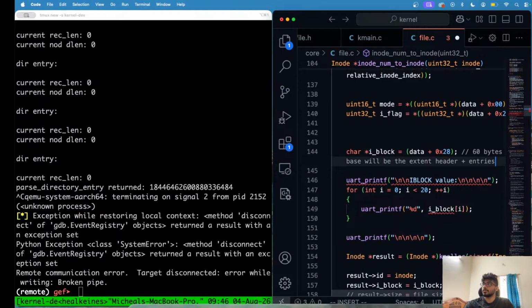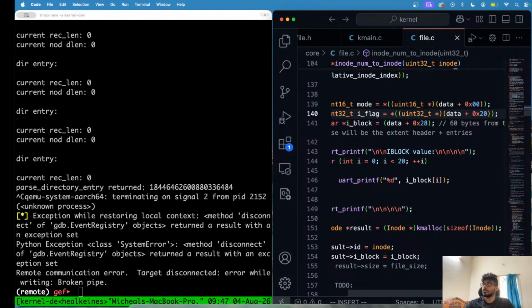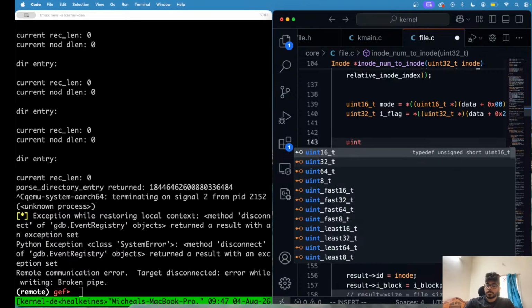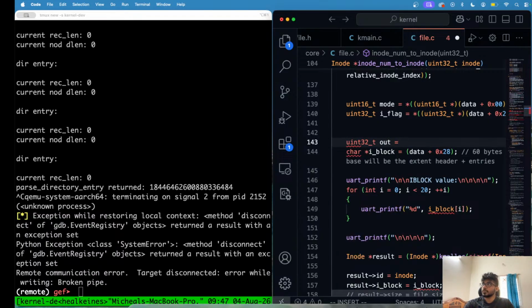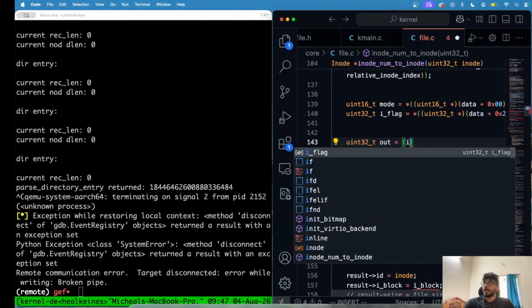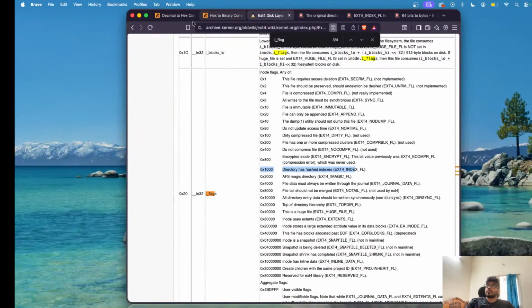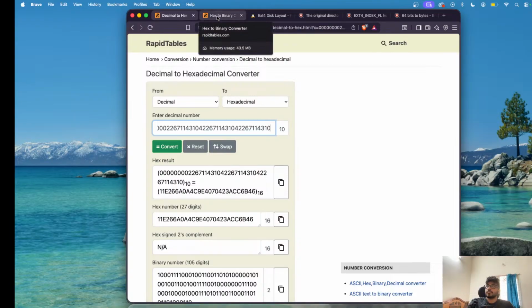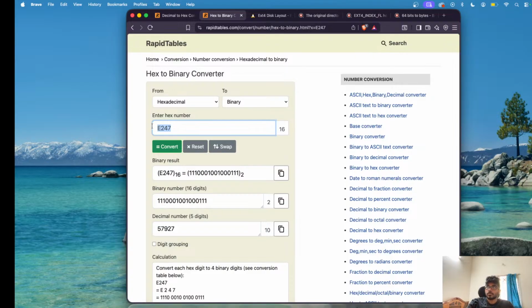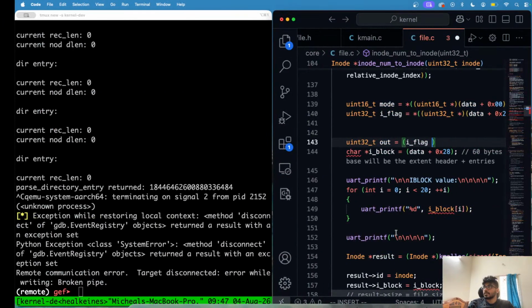What the fuck? uint32_t out equal to, let's say, I flag, and I need to and it with 0x1000, and the decimal number is 4096. So I and it with,